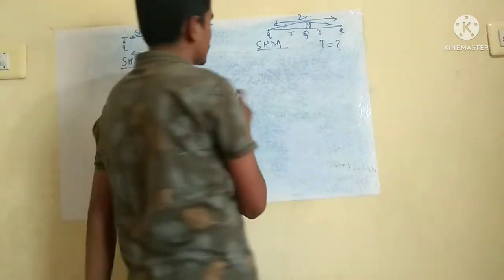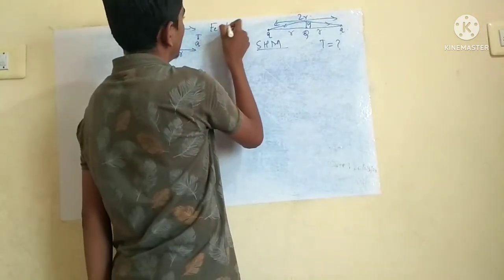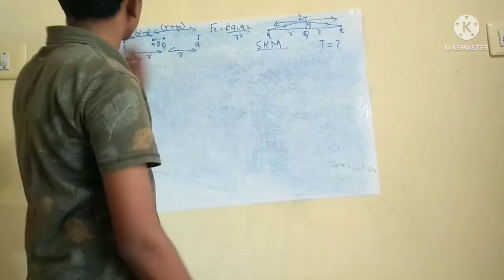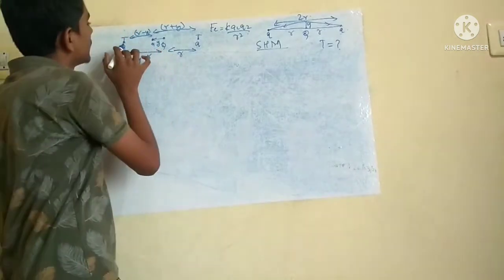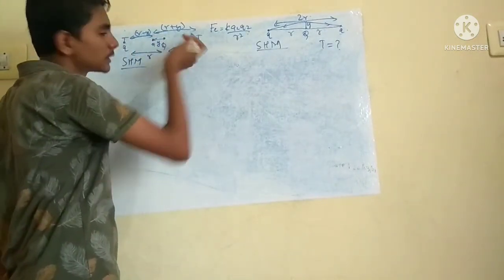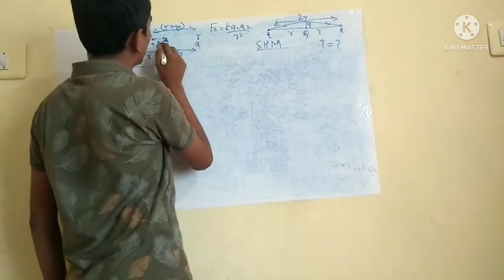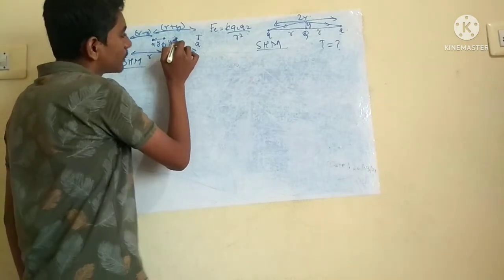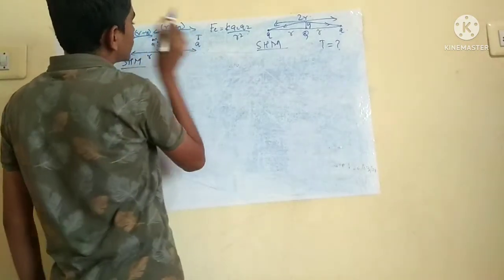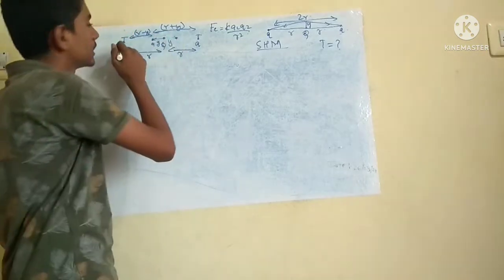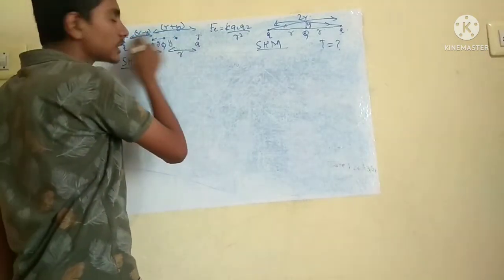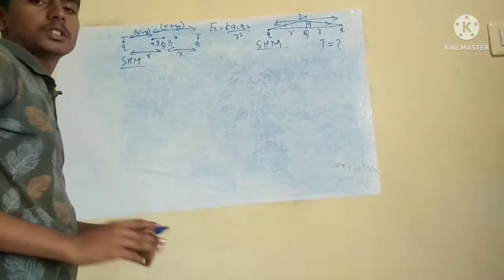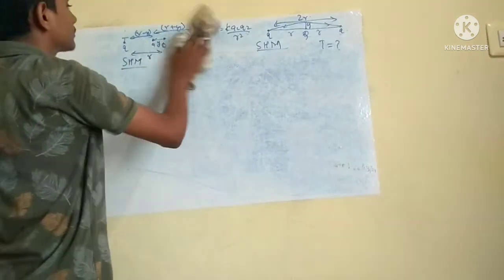You know that the electrostatic force between two charges is k q1 q2 by r square. This is inversely proportional to the square of the distance. If distance decreases, then the force increases. Then repulsion force due to this charge will increase and due to that charge will decrease. It will go up to y distance in the right direction. When it goes up to y distance, then again force due to this charge will increase and due to that charge will decrease. So again it will come back, go like this. Then it will perform SHM in this direction. Now calculate the time period of this oscillation. They will ask.